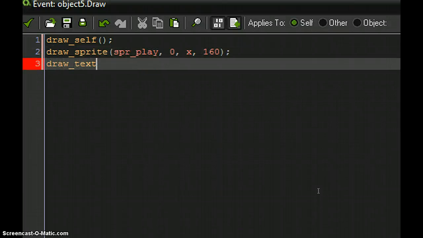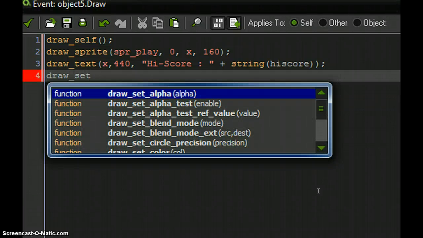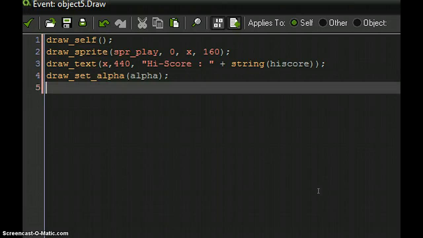draw_text(x, 440, "Hi-Score : " + string(high score)); draw_set_alpha(alpha);